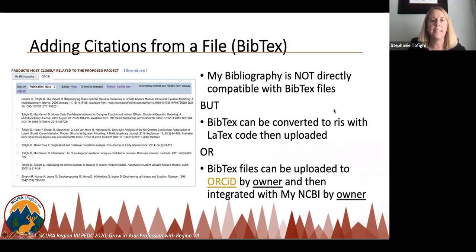You can also add citations from a file using Bibtex. Bibtex is the electronic publication system used by LaTeX, however you want to pronounce it. And it cannot be directly uploaded to My Bibliography, as I just mentioned. But you can either convert Bibtex files into LaTeX using code, or you can upload the owner, sorry, I've got to stress that, the owner, because the delegated person or the administrator cannot